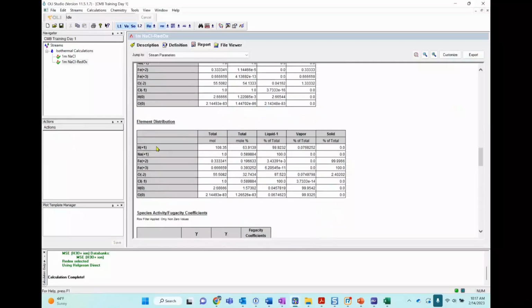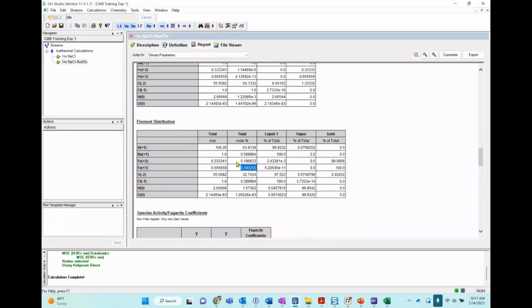But what I want to show you here is this elemental distribution. So now we don't have any elemental iron. It's no longer in zeros. The element is no longer there. Sorry. What you're producing now is iron plus 2, 0.33 moles, and iron plus 3. That's the distribution of the species.